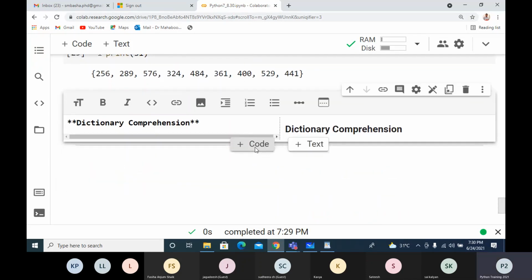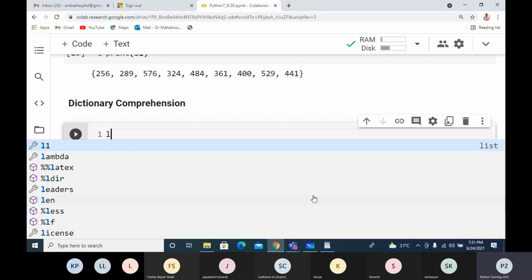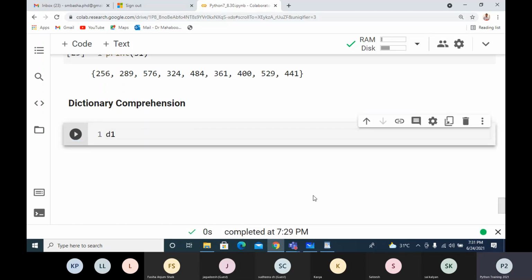So dictionary comprehension. Now suppose I have a dictionary, D1 equals to, I'll take some words: 1, 2, 2, 3, 3, 4, 4, 5, 5.